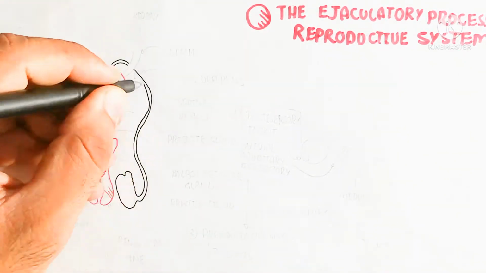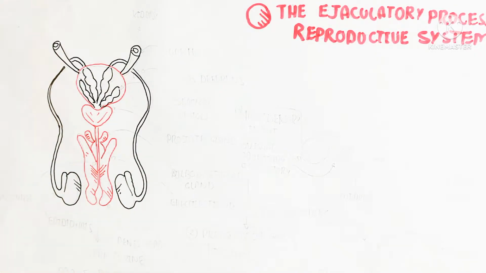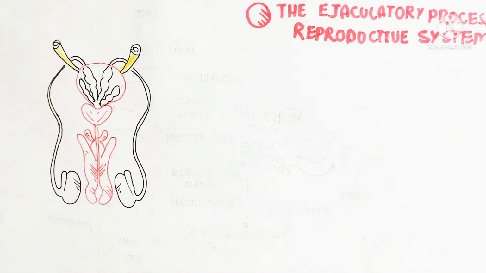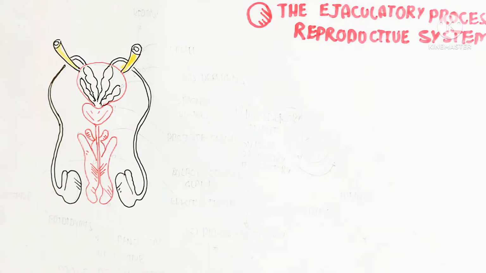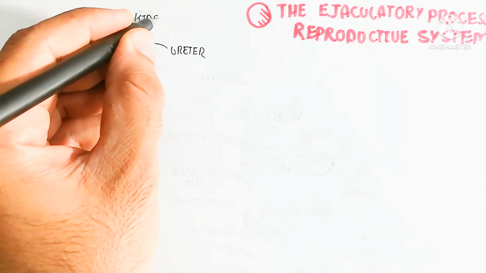So this is the penis, which contains a muscle-like structure known as the erectile tissue. This is the erectile tissue. It's not muscle, and it is filled with blood to erect. And here you can see this